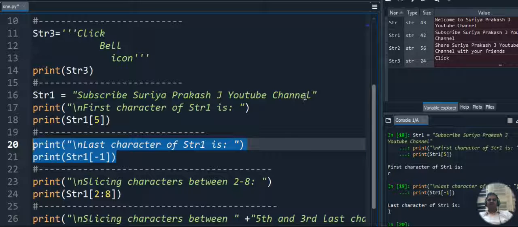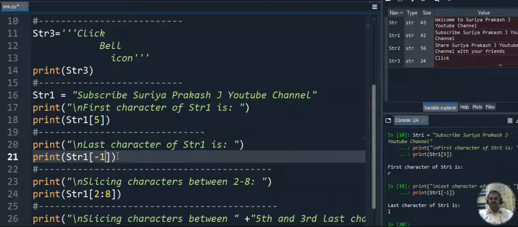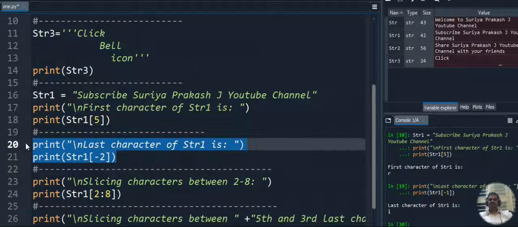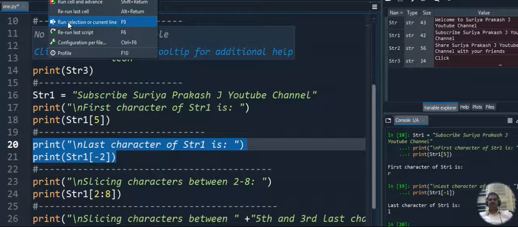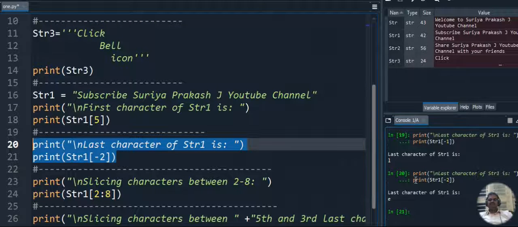Okay, if I want to display E, I have to give -2. When I am giving -2, the E will be retrieved and displayed, because the last value is -1 and the value before the last is -2.